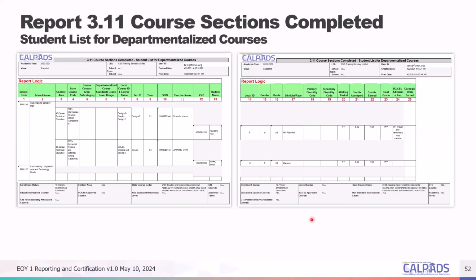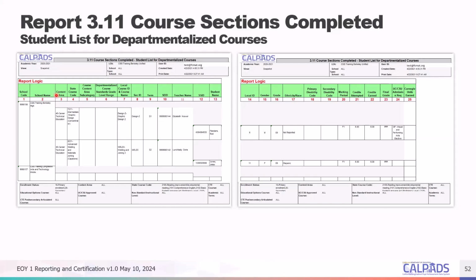So if you want to know the list of students in each of those courses, just clicking on that specific school would bring you to 3.11. Or let me see here. I believe the link is the courses. Okay, so this section here would be derived from the SCSC. This section is the SPED section, this section is ethnicity and race. Then all of these are from the CRSC file.